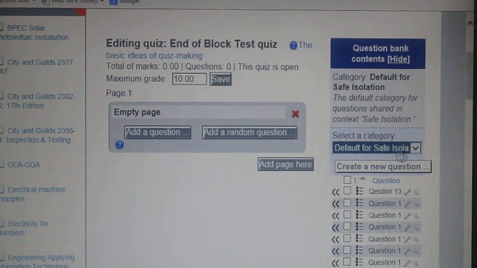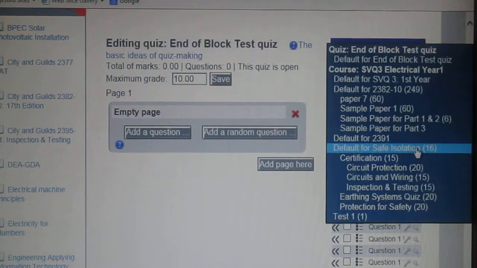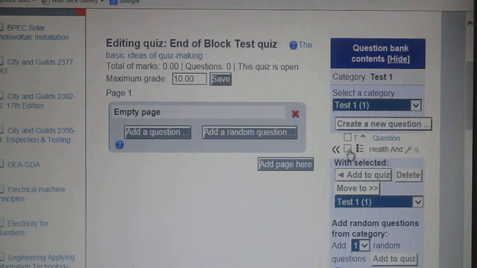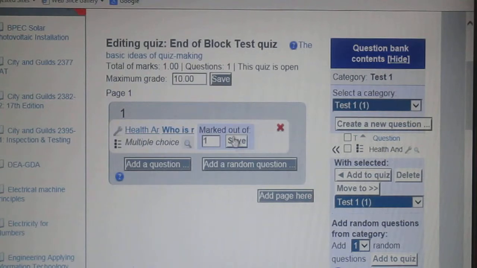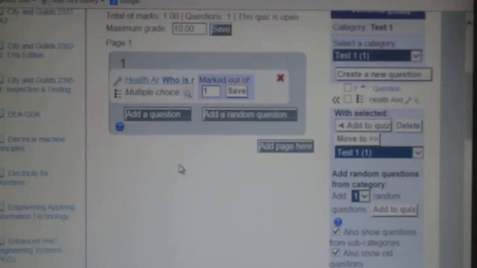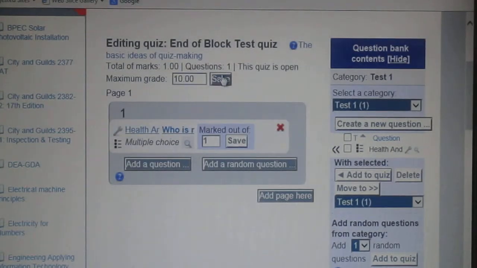So I can then select from my default category on the right hand side here, which was my test. So go into my default category, and it will bring up that one question that I had. You take that question and you add it to the quiz, and that's our question being added in there. Okay. Save,